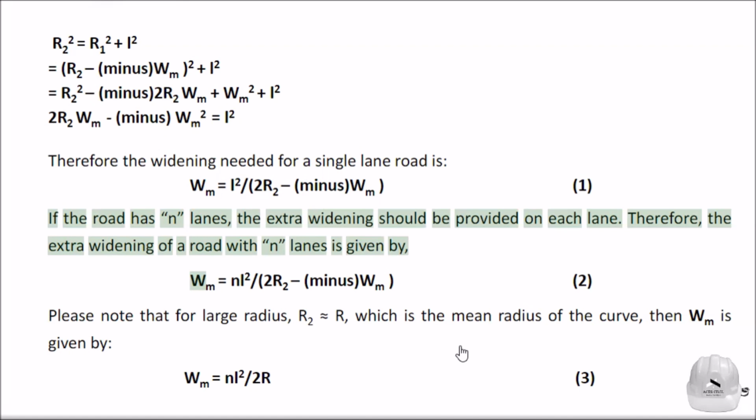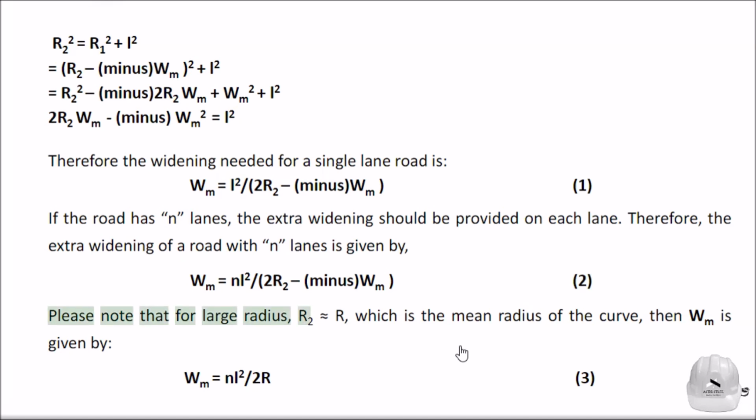If the road has n lanes, the extra widening should be provided on each lane. Therefore, the extra widening of a road with n lanes is given by W_M equals n L squared over 2 R2 minus W_M. (2)